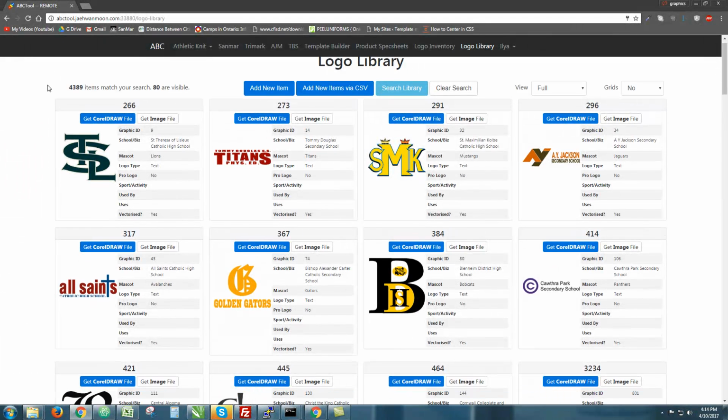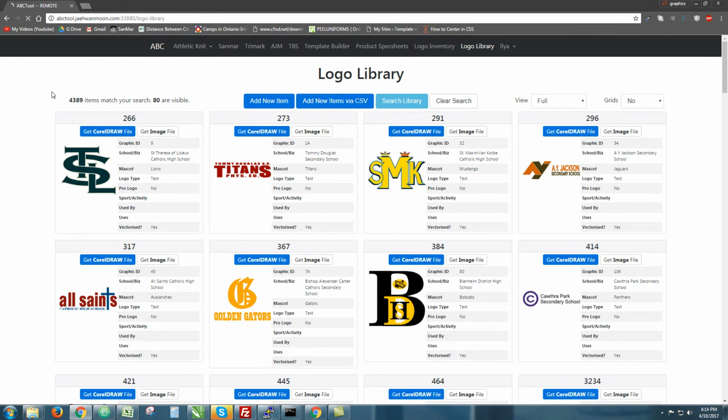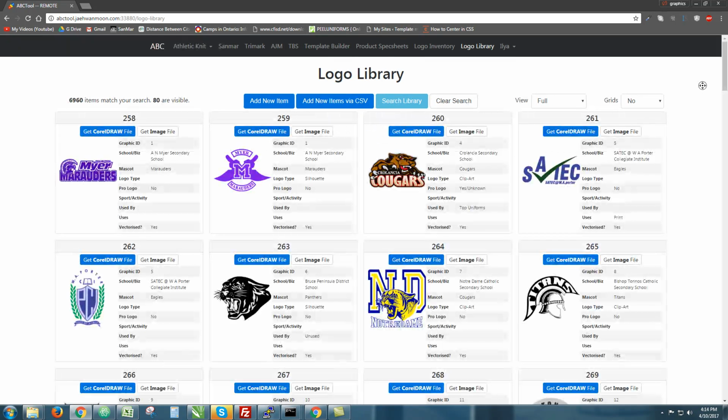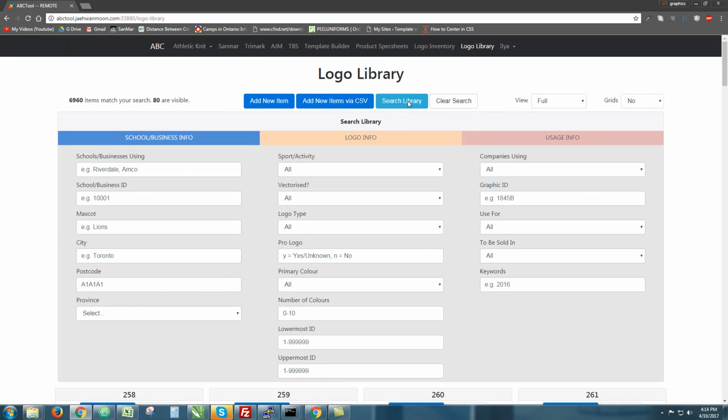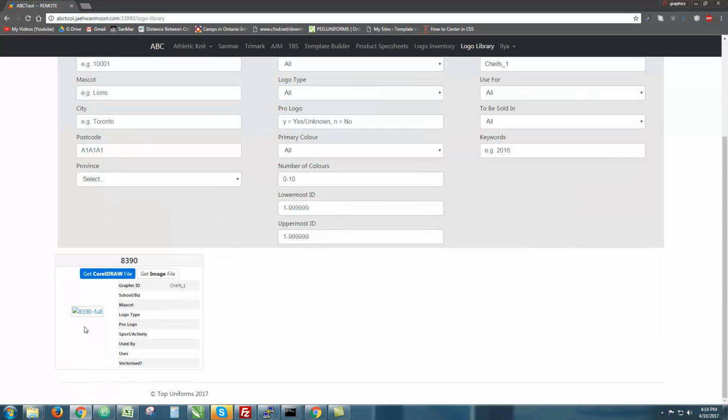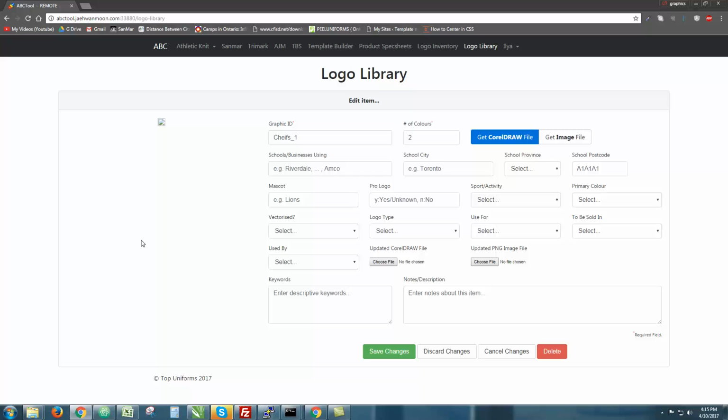Yep, you can see the database has refreshed. So if I search the library, I'm going to look up that graphic ID I put in. I'm going to put in Chiefs_1, and you can see one item matches our search, so hopefully it's the one we put up just now. And for some reason it's not giving me the image preview, but if I click on it,